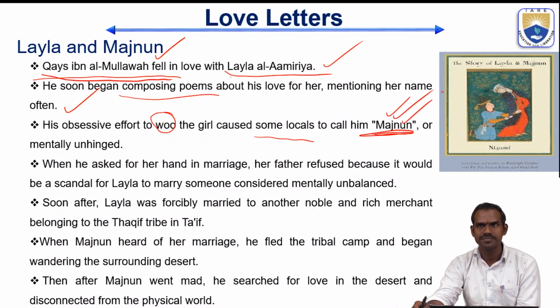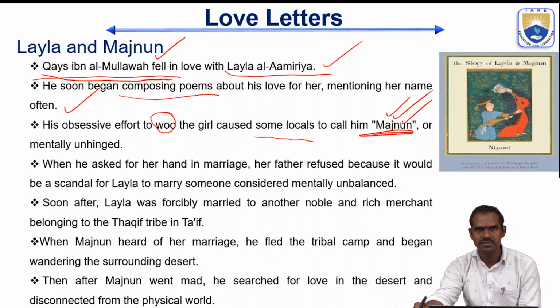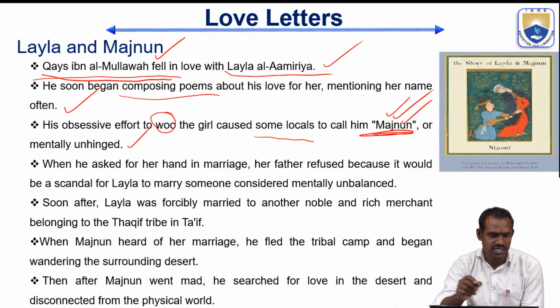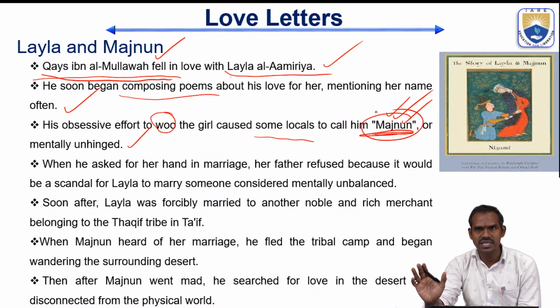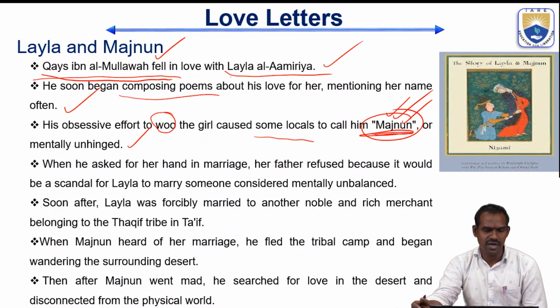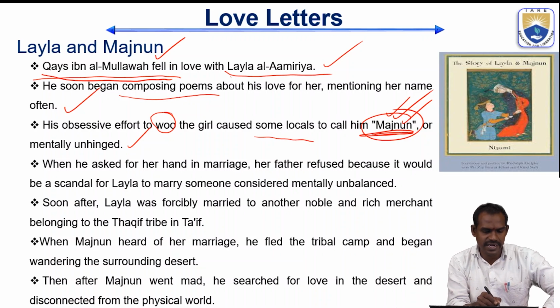So who called him Majnun? The localites of his place. Majnun is nothing but mentally unhinged, meaning thinking only about one person, and he is in the world of Laila. That is why he is called Majnun. The word Majnun means mentally unhinged. So when he asked for her hand in marriage,